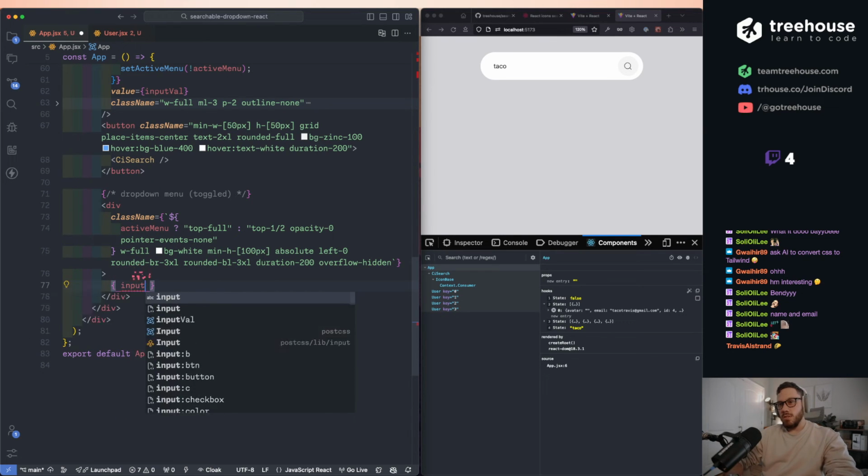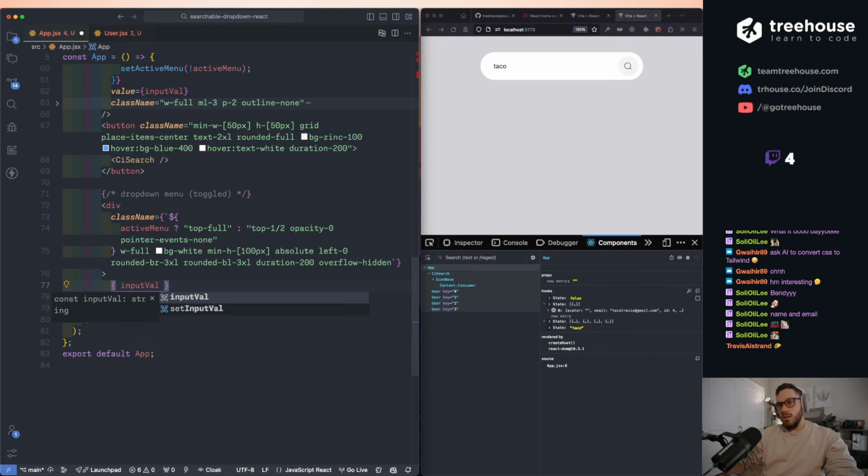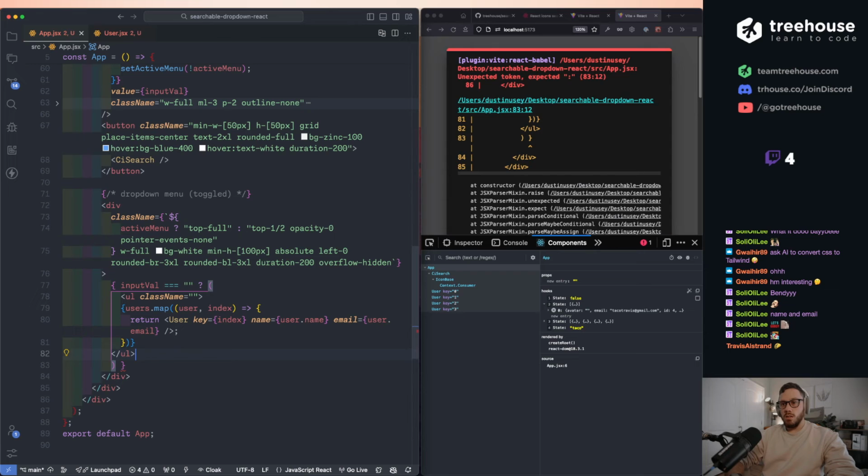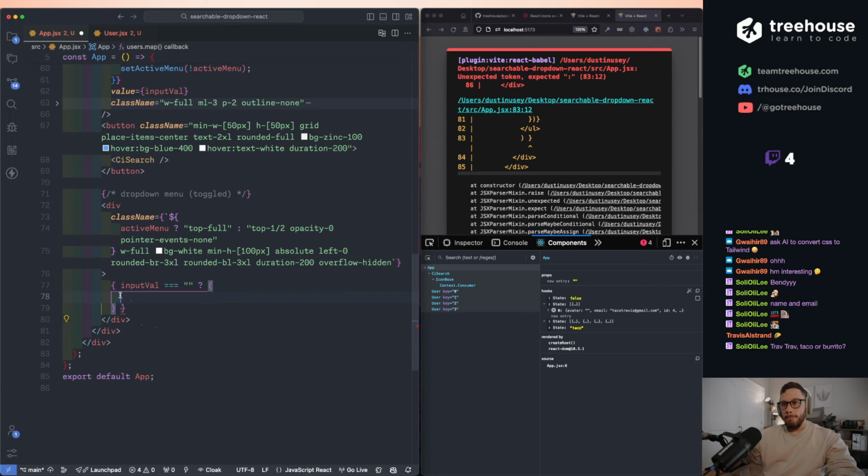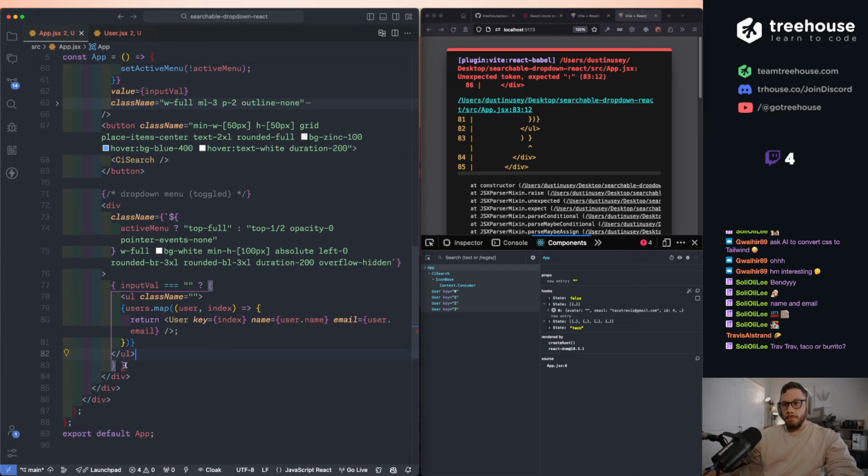So we can say if input val is equal to an empty string, meaning we don't have anything in the input, which means we're not searching, we can return our list. Else